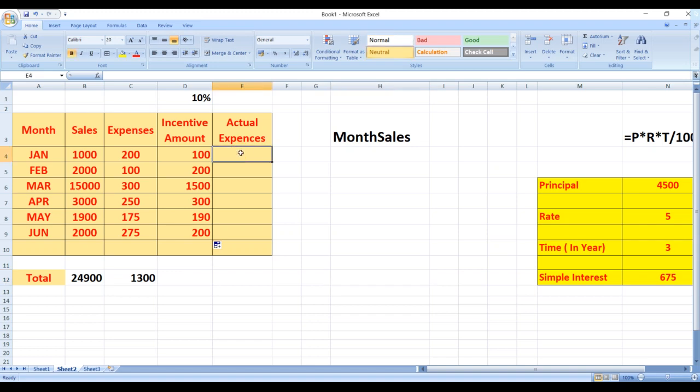What we are doing in relative reference is copying the formula from one cell address to another cell address. In absolute reference, we are keeping the row and column fixed for all the months.